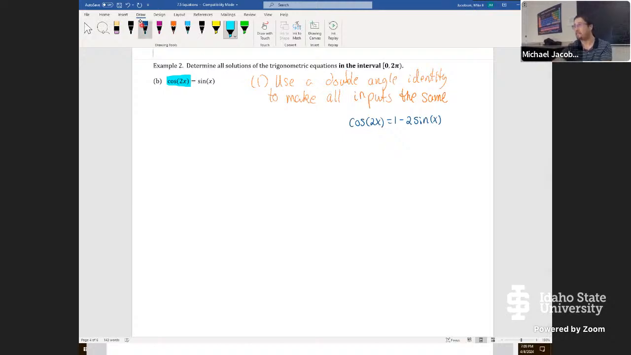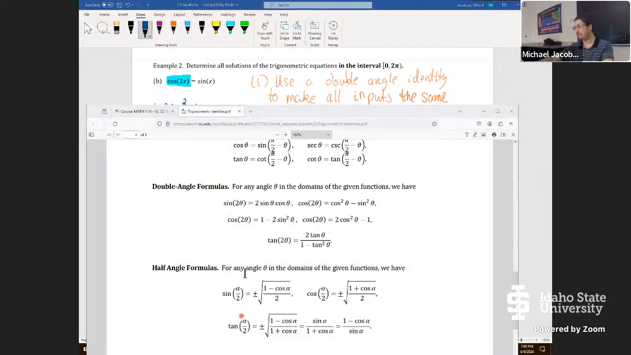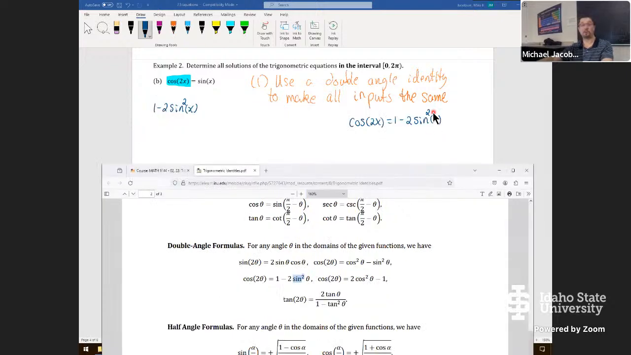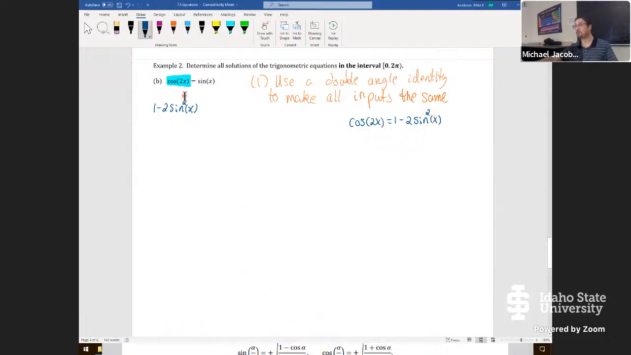Okay, so we're doing the substitution in place of cosine 2x: 1 minus 2 sine x. Oh, excuse me, that's a sine squared. Let's double check that identity. It is a power two right there. Sorry about that omission. That is really quite important to have the power two. So 1 minus 2 sine squared x for the left-hand side, and the right-hand side we're just copying,